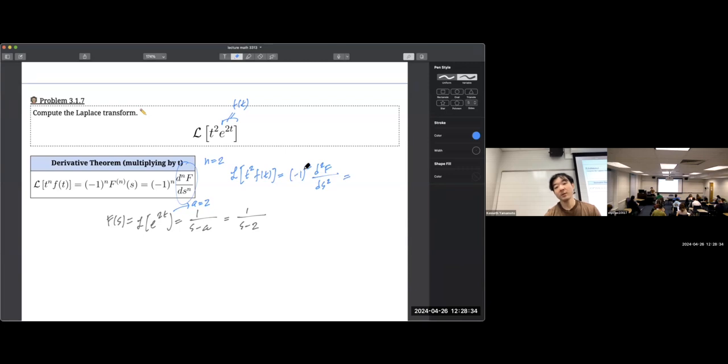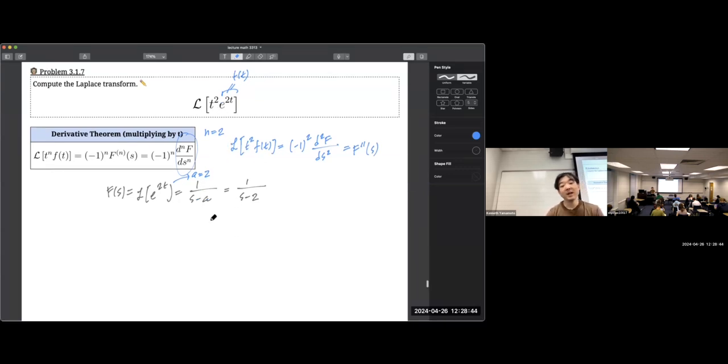The negative 1 squared is just 1, so this is just F double prime. So the Laplace transform of what we want, which is t squared e to the 2t, is just capital F double prime. That means I just have to take the second derivative of this. So I'm just going to take the derivative, which you can think of as s minus 2 raised to the negative 1. So I'll say this is the same as negative